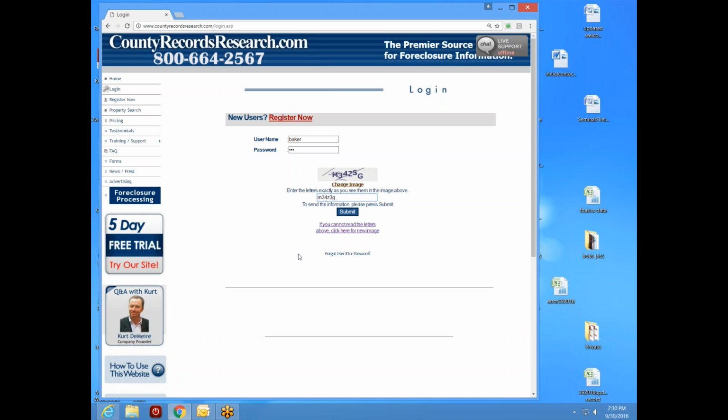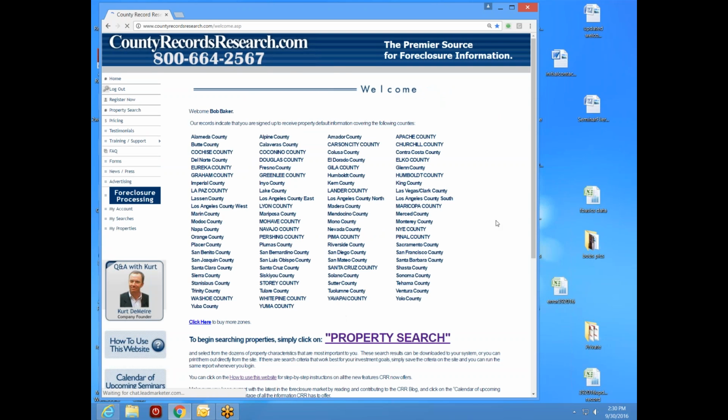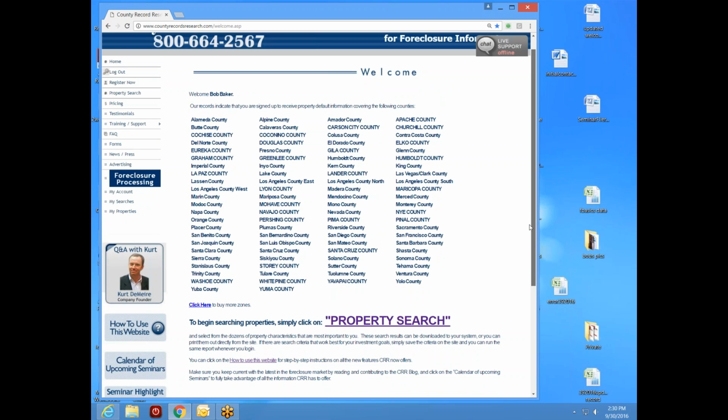So I've just logged into my account using my username and password, and then I've plugged in the numbers and letters that are visible in the box here. Now, if I've got them right, it looks like I didn't have them right, so I'm going to turn that 3 into an S, and let's see if I got it right now. There you go. So anytime you hit that change image option, you can change that image if it's too unclear to see. And I almost had an issue there because I thought an S was a 3, and I just fixed it. So now I'm logged into my account